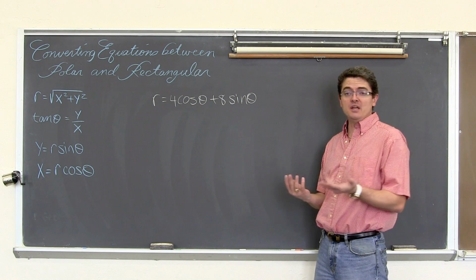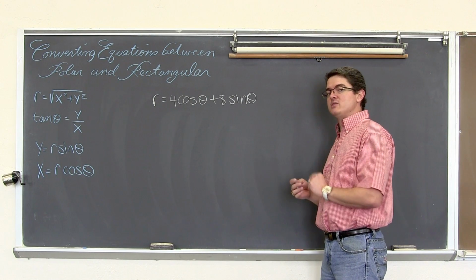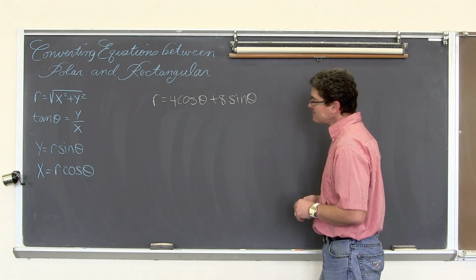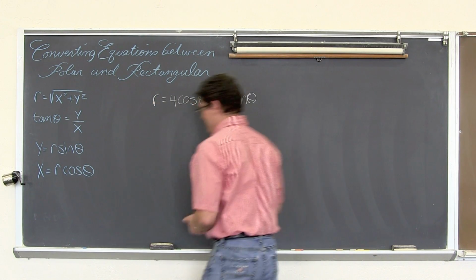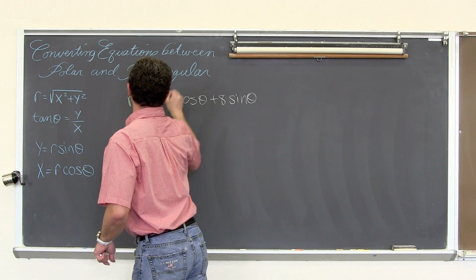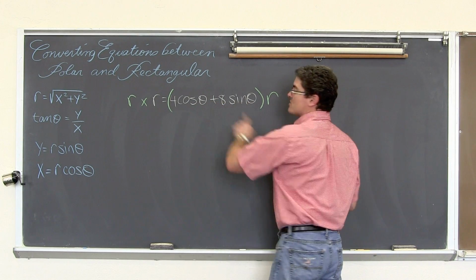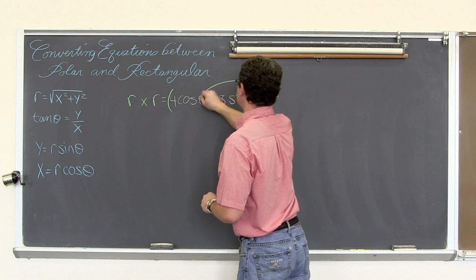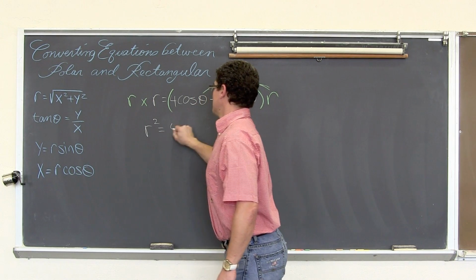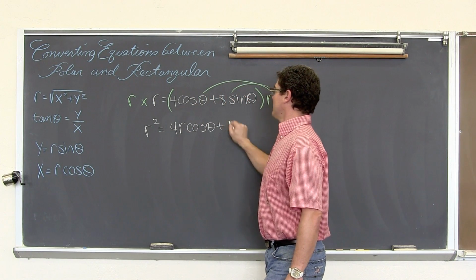handy, easy, convenient. So what I'm going to do is manipulate this equation a little bit before I do any kind of substitutions to go right into rectangular form. I'm going to take both sides of this equation and multiply both sides by r. Now there's two terms on the right. They're separated by addition and subtraction. So we're going to distribute that r and get r squared equals 4r cosine theta plus 8